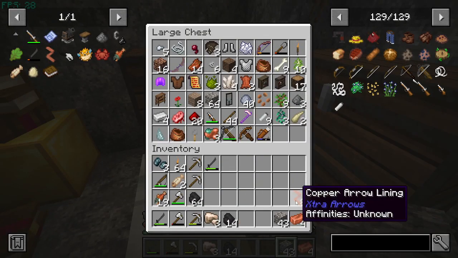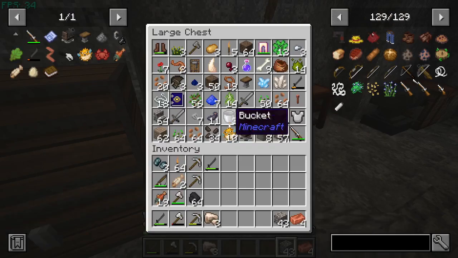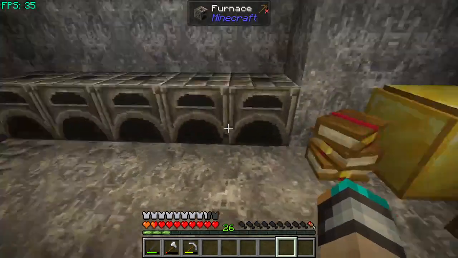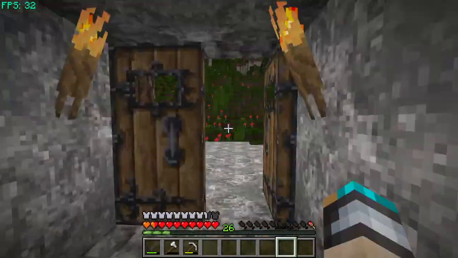And for now, we put the arrows away. Make sure I haven't forgotten any ores around. Yeah, the dock is something I wanted to do